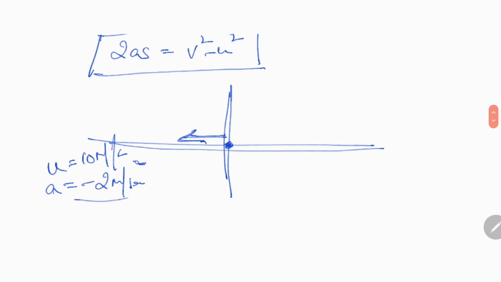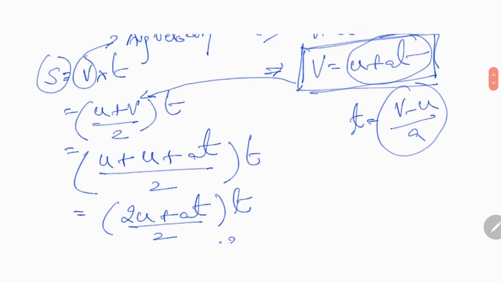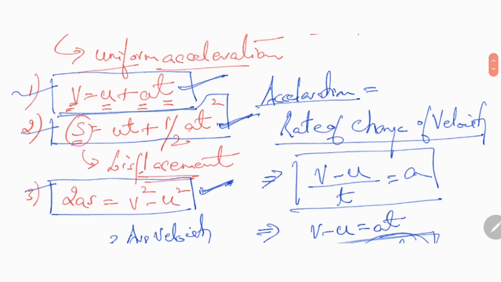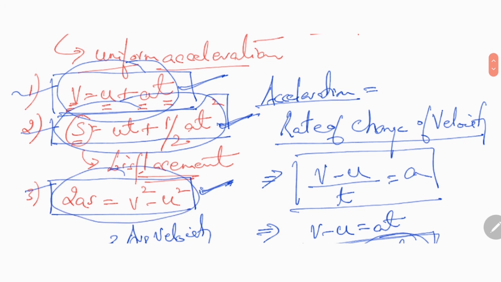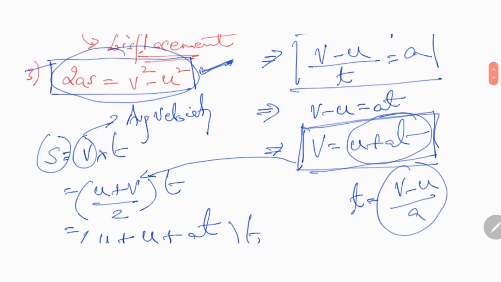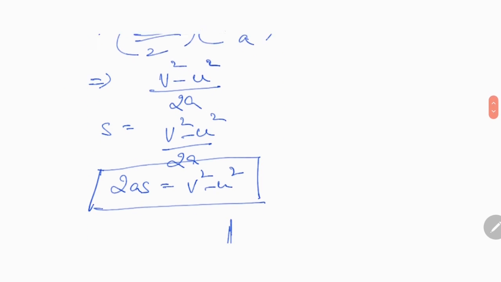To give you a quick example, let us say this is your origin, and a car starts to travel in this direction with initial velocity u, and an acceleration of -2 meters per second square, and initial velocity, let's say, as 10 meters per second. So in this case, acceleration is negative, so your car will go forward and then come back. We'll cover this in our next session. We will not complicate this right now, but for now, please understand and derive these formulas yourself, because we will be using many flavors of these formulas. We'll be converting them, substituting the value of a to get v or u, or we may have to find out the time, or the total distance traveled, or the displacement. So all these things will come subsequently.